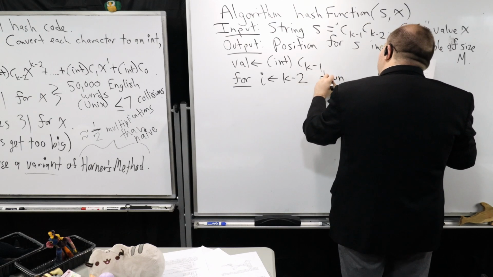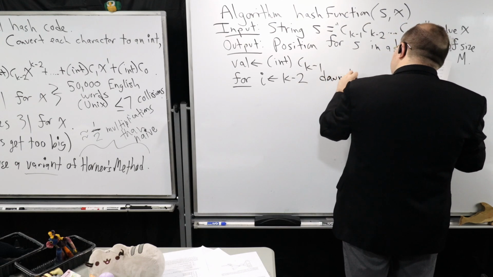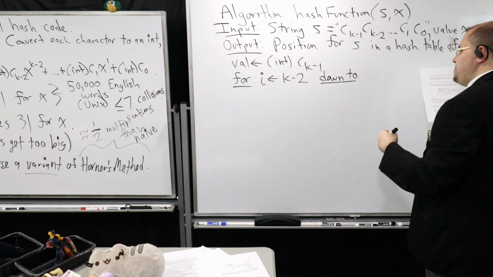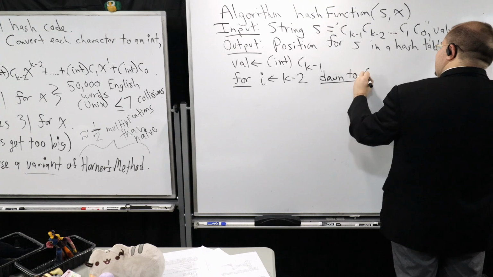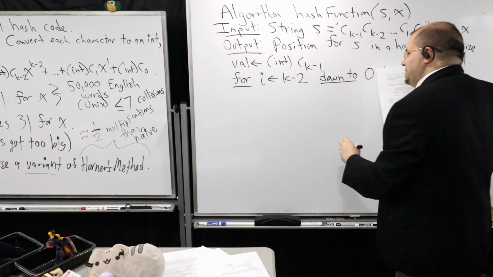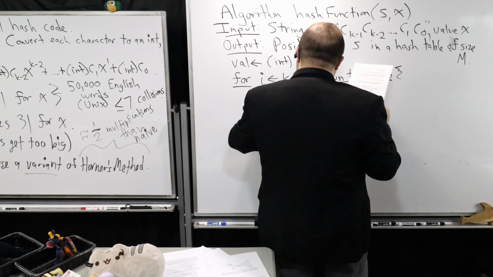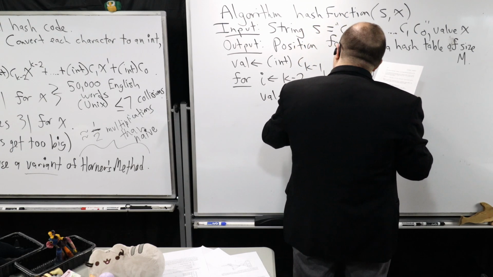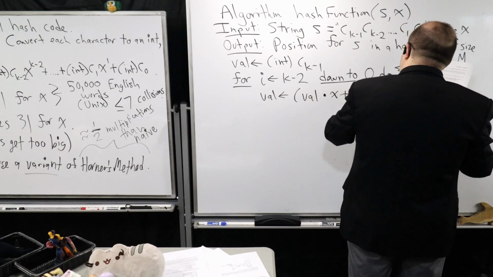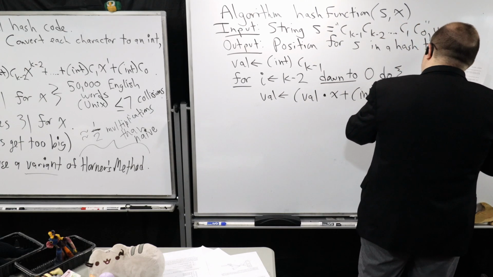So I'm going to decrement instead of increment. This is often how you can write it if you ever need to go down as opposed to up with your for loop. You can write down to 0. You could do the following like this. And watch this. val is going to be assigned val times x plus, I'm going to cast c_i,